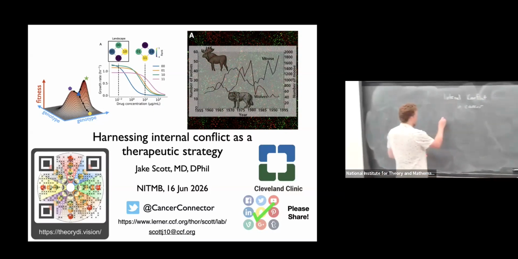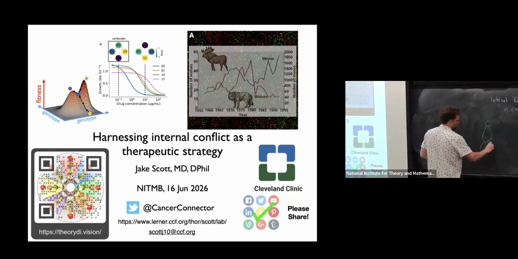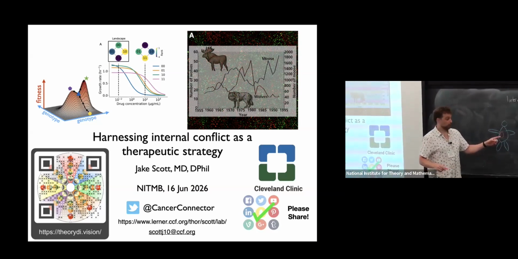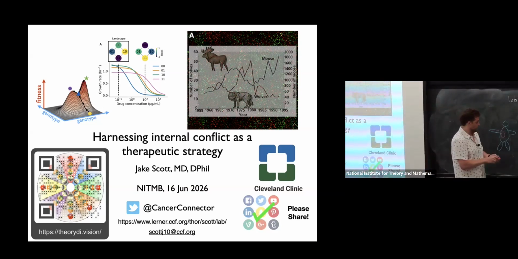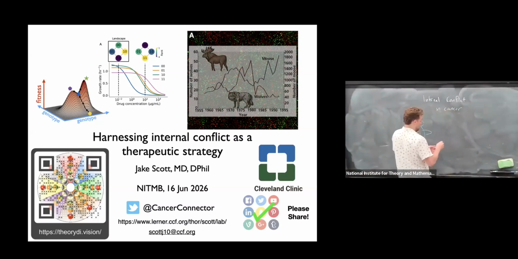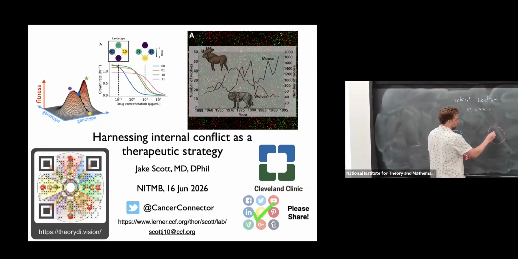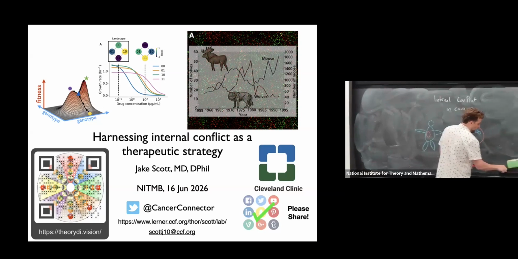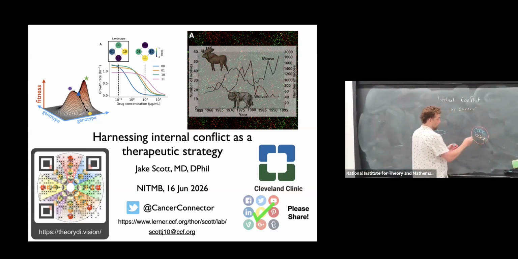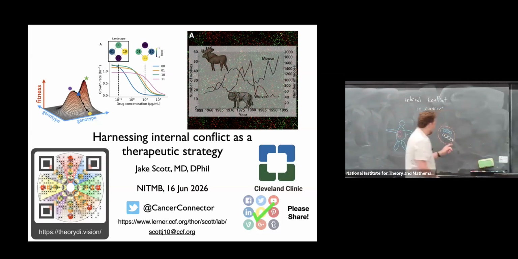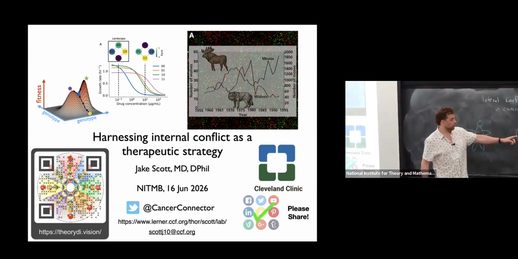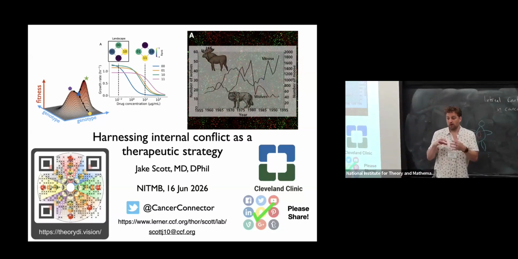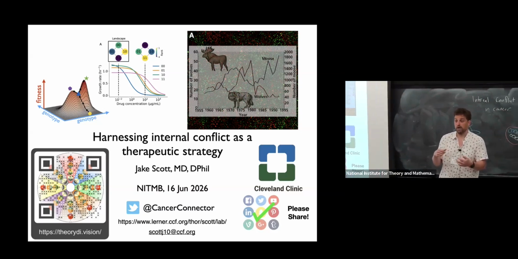So we could have a host, like hopefully none of us, with a tumor inside them. And that could be a conflict between the tumor and the host. But you could also have within that tumor, you could have a tumor and have internal conflict within that. So you could have some types of cells and some other types of cells in conflict or cooperation. And it's actually the latter that we're going to talk about today, trying to think about what's going on within a tumor, if there are conflicts, if we can measure them and point them out, and then if we could take advantage of them.